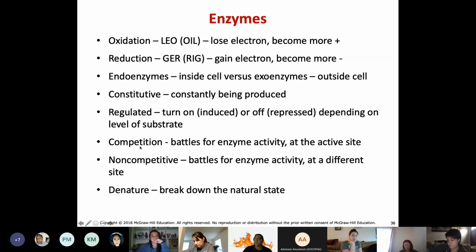We can do competitive inhibition, where we literally battle for an enzyme's activity at the active site. We can also do non-competitive inhibition, battle for an enzyme's activity by binding to a site different than the active site, and it changes the shape, or what we call conformation of that enzyme. At the end of the day, guys, we're designing medication oftentimes to affect the activities of the enzymes inside a